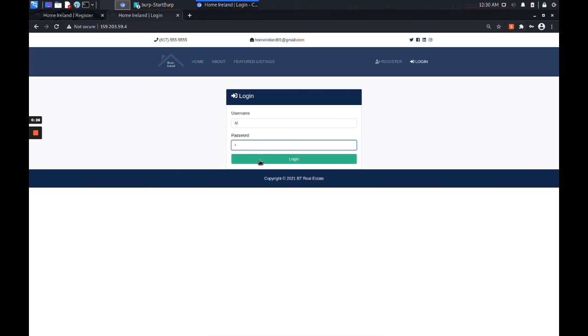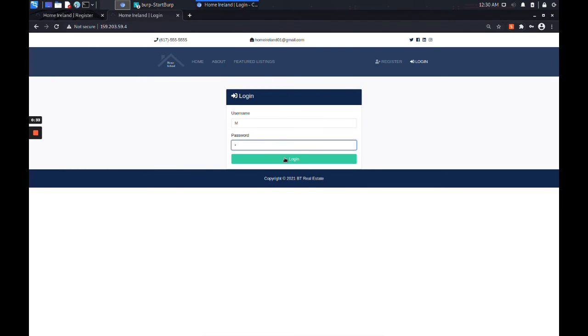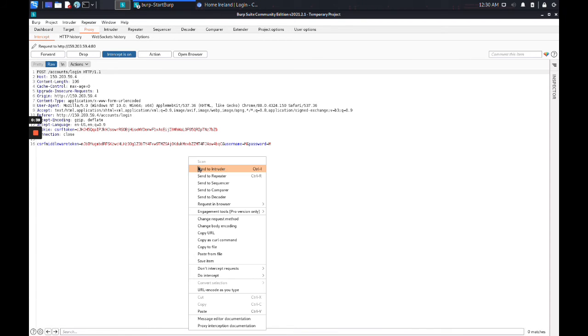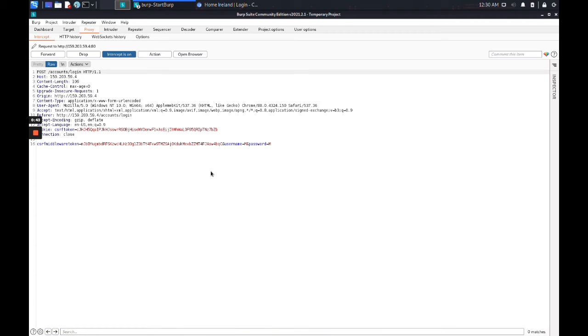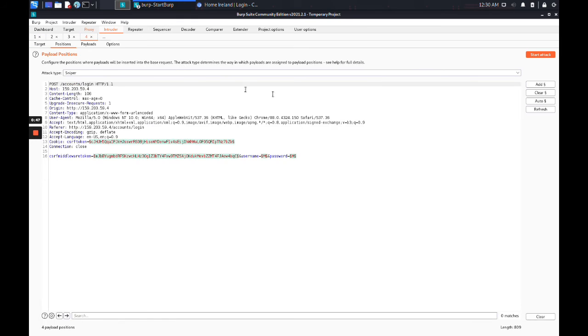We're going to log into the account and capture the request in Burp Suite, and this is how we capture the request. We're going to brute force the login page and open all the created credentials. Now we can see we are on the proxy, with the intercepted request. Now we are sending it to Intruder. The request is on Intruder, and under positions we clear everything. Select the username, add the position, select the password, add the position.